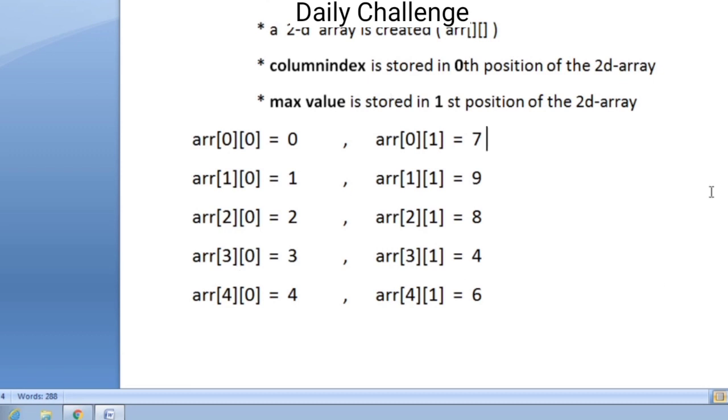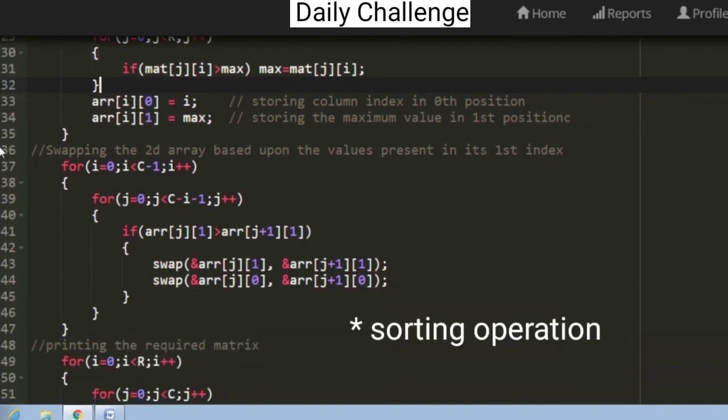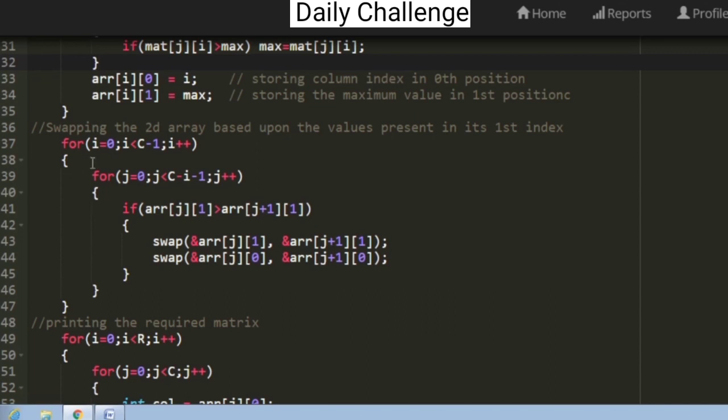Now our task is to sort this two-dimensional array based upon its first index. So here I am performing that swapping operation. Here I have used the bubble sort. Any sorting technique can be used. So for the bubble sort, the loop goes like this.